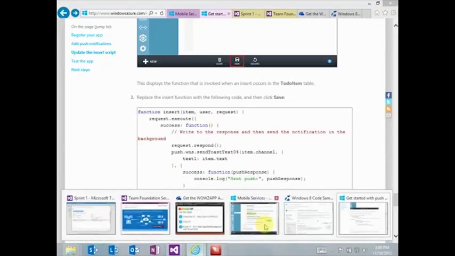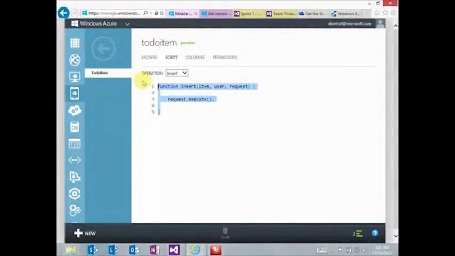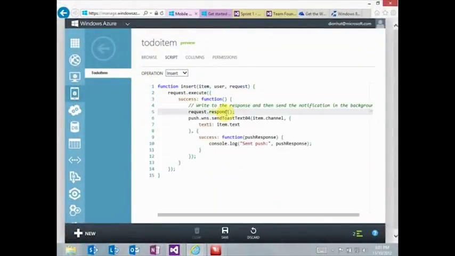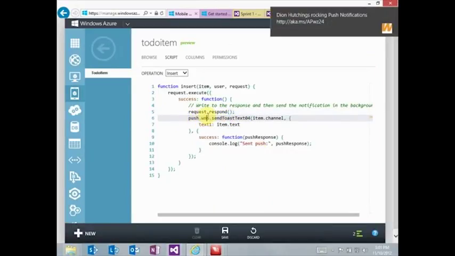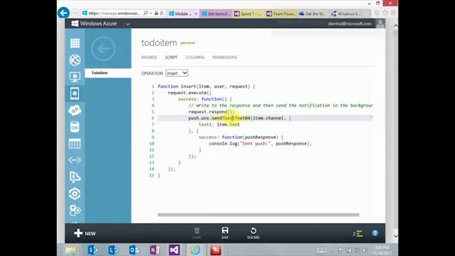So let's go back. I'm updating the insert trigger, the trigger script, and here you'll notice it's saying push.wns send toast text 4, and that's the template, the format in which the toast will be formatted. Item.channel, which is the particular client that sent it, and the item text. So now if we save that,